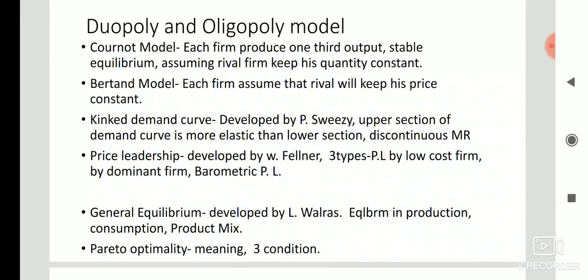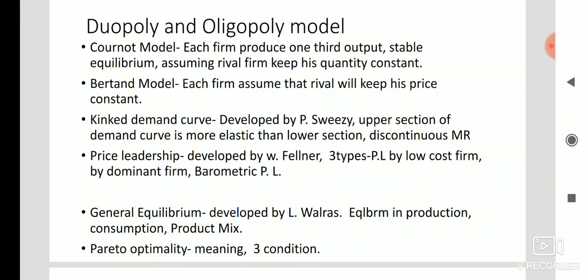There is a kink in the demand curve, and there are two sections of the demand curve, the upper section and the lower section. The upper section of the kinked demand curve has a higher price elasticity than the lower part. Sometimes a question comes from this: the upper part of the demand curve has a higher elasticity than the lower part. And similarly,